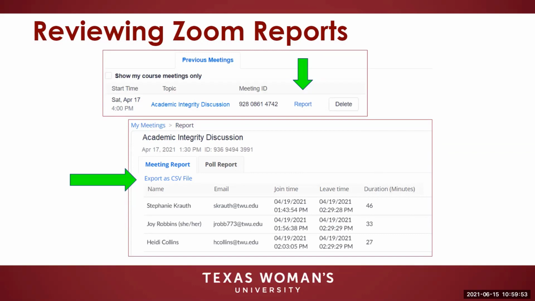To review a Zoom report, follow these steps. Click Zoom on the course navigation menu. Click Previous Meetings. Locate the title or topic of the Zoom meeting. Click Report in the same row. Review the report. Confirm that the email address is